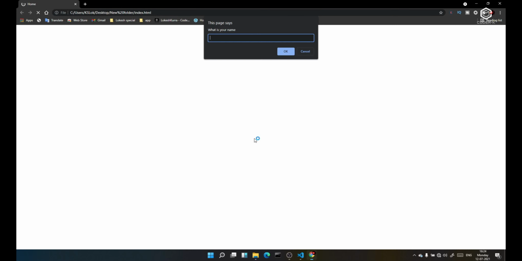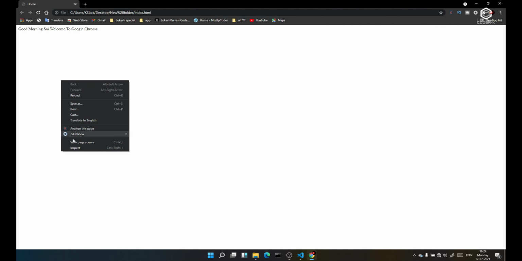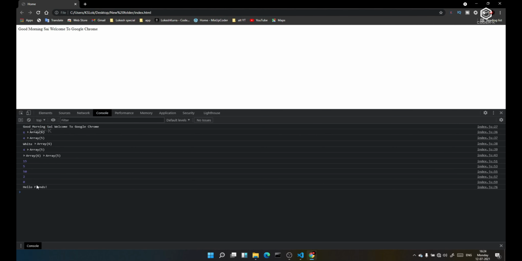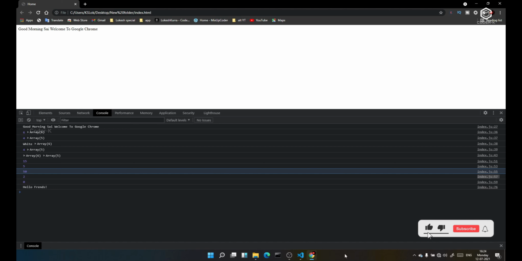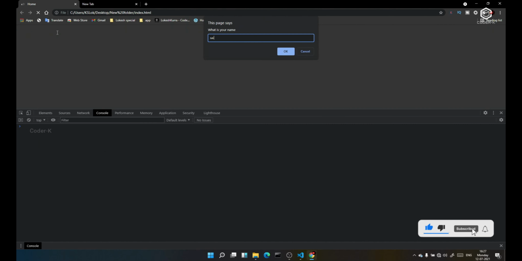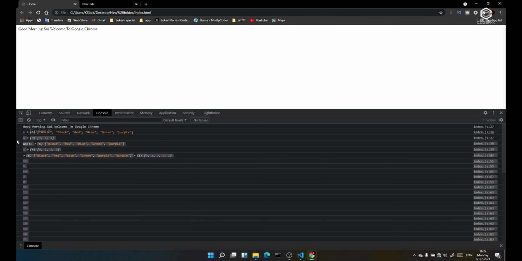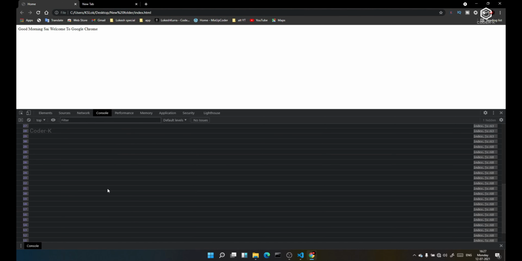Open it with Google Chrome. Console, yes, 50, okay, yes. While loop addition and subtraction has been got it.